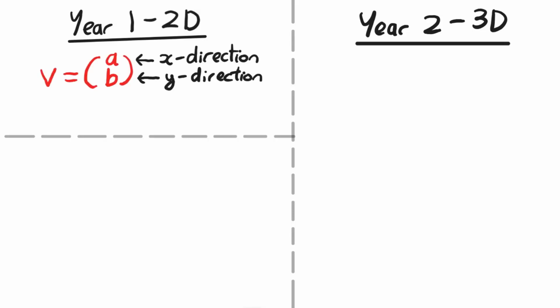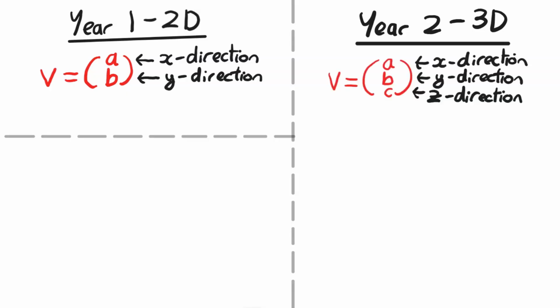form like this here, where a, the top number, is the x direction and b, the bottom number, is the y direction. In year two, the column vectors now have three numbers instead. A and B are still the x and y direction respectively, but we now have C here as well, which controls the z direction. We showed in year one we could also write this vector v in what we call